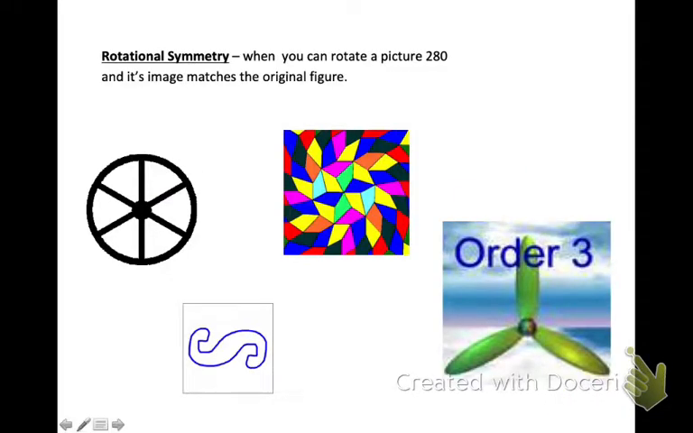All right, rotational symmetry is when you can rotate a picture. That should read 180 degrees, not 280. Rotational symmetry is when we can rotate it 180 degrees or less, and its image matches the original figure. So let's look at